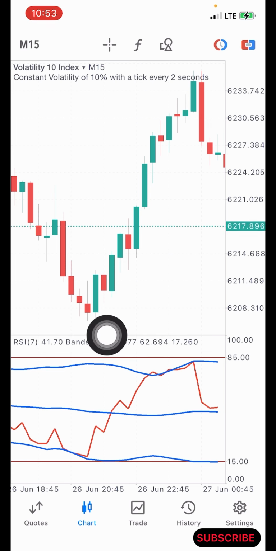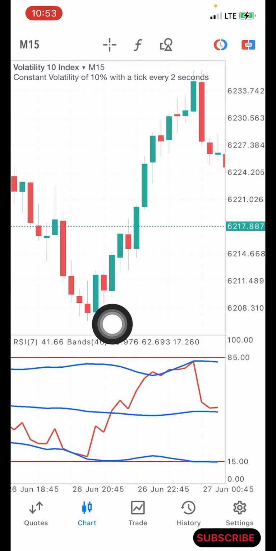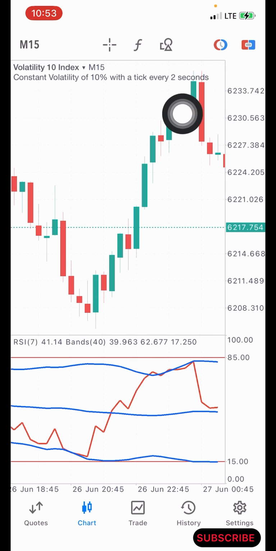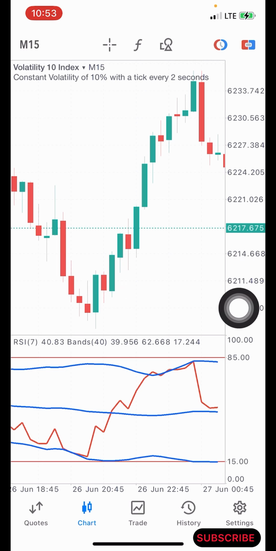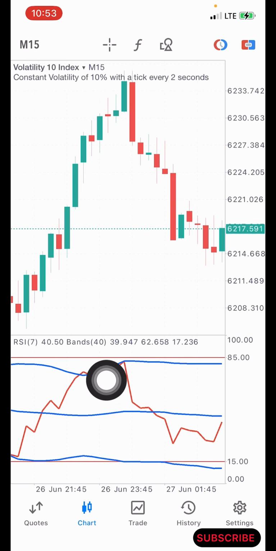All right, that is showing you that this is a strong buy signal, and it's showing you that buyers are now in charge. Okay, you can see from that area how price moved to the upside. All right, now for the sell, you can see here once it got to the blue line,